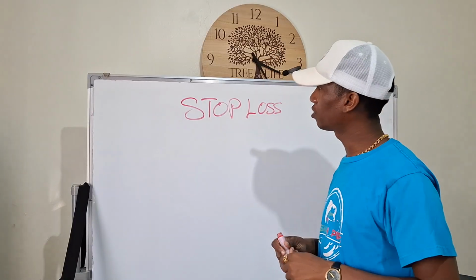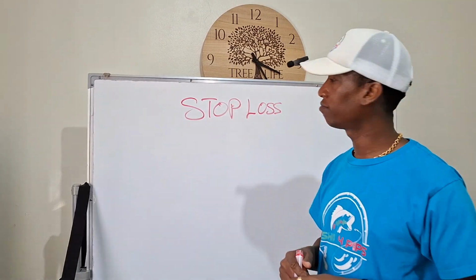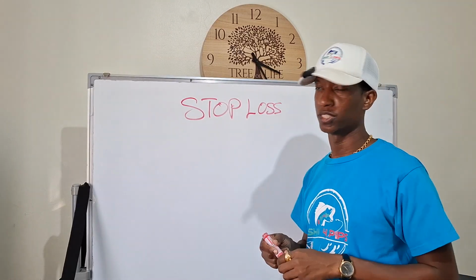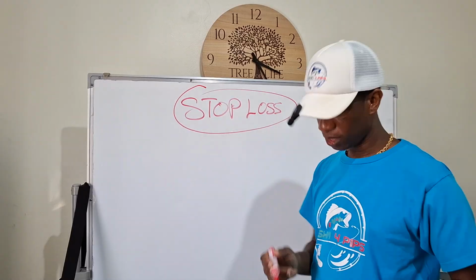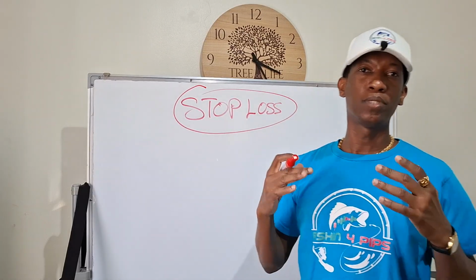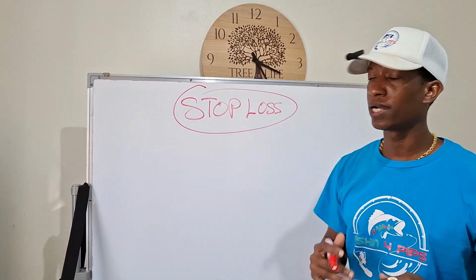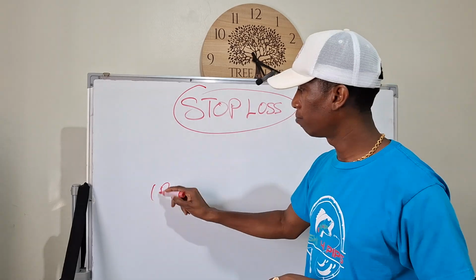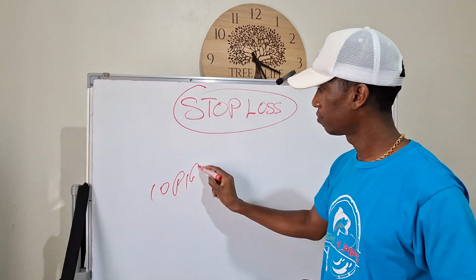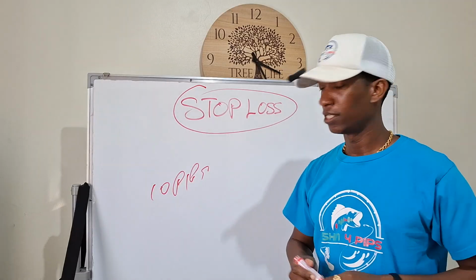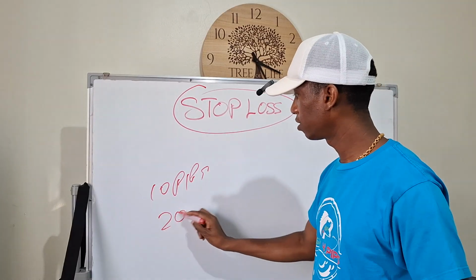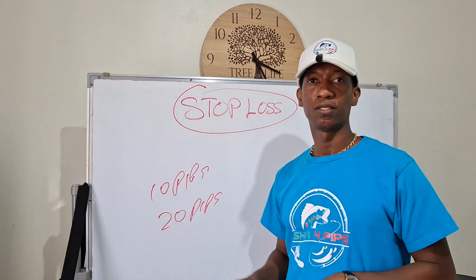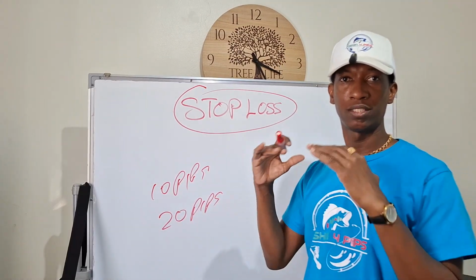This is part 2 of my last video about risk and losses. We're going to talk a little bit about stop loss. Again, the stop needs to go where the stop needs to go. The market makers do not care if you only want to use a 10 pip stop. They don't care if you only want to risk 20 pips. The stop needs to go where the stop needs to go.